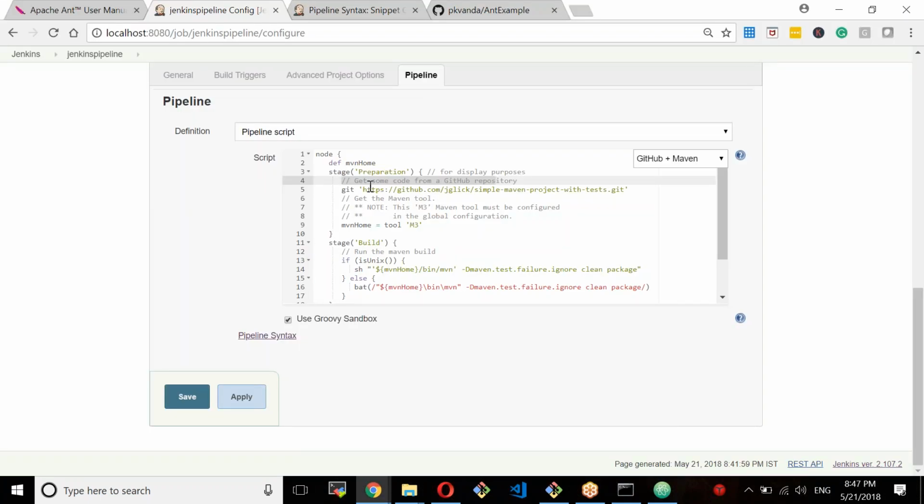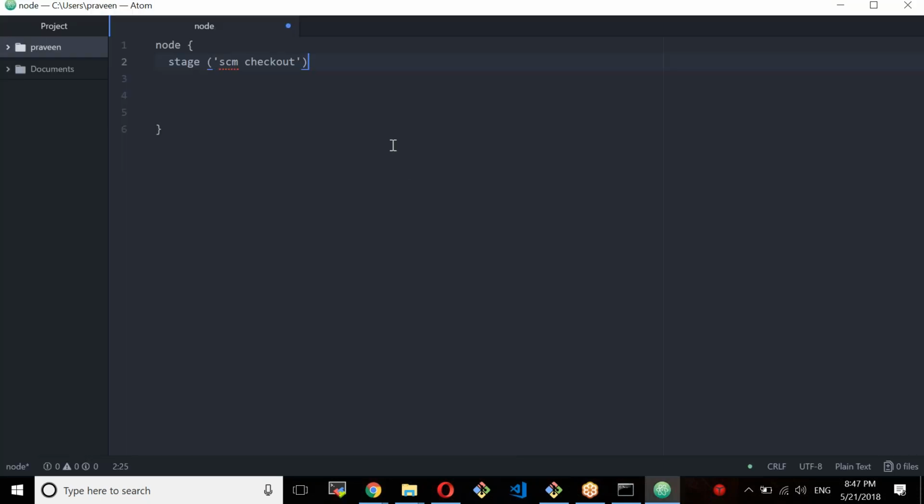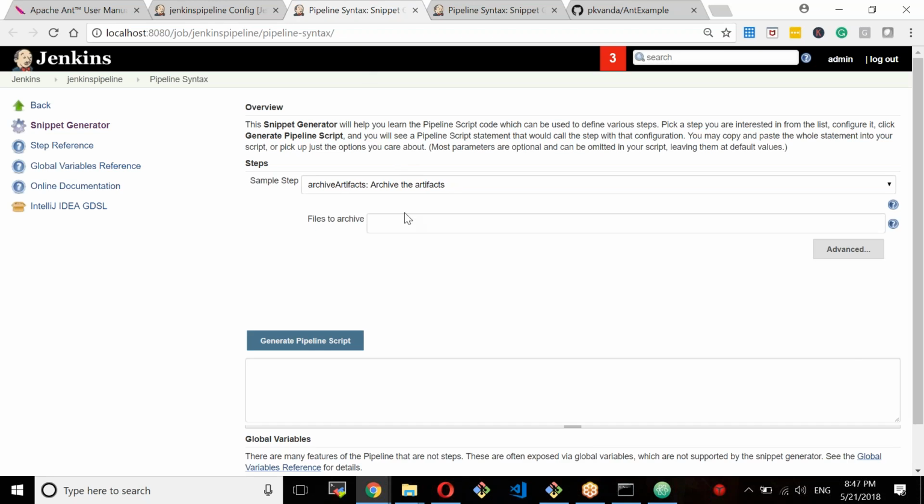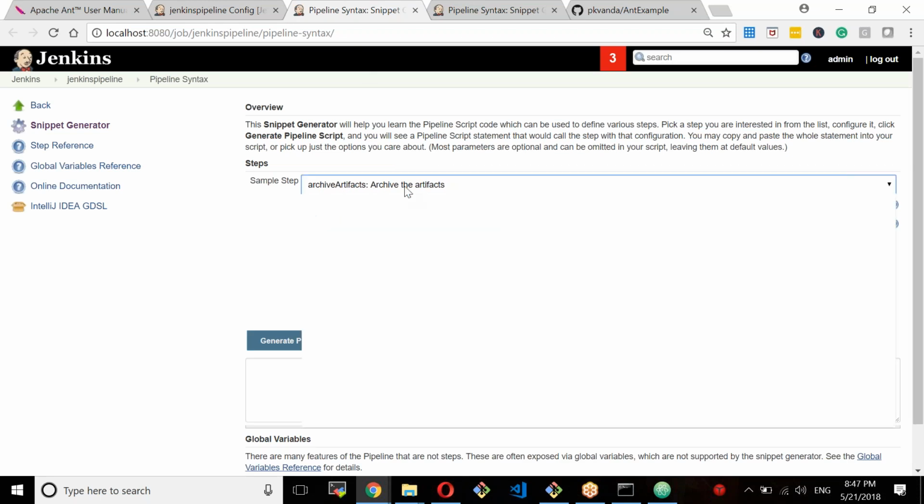Now we are going to specify where you want to get the source code from. From Git, right? So how do I get that? I told you, pipeline syntax. So if this is your Git,